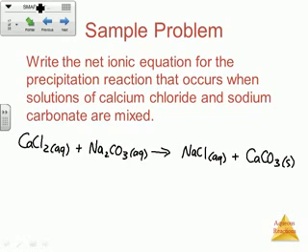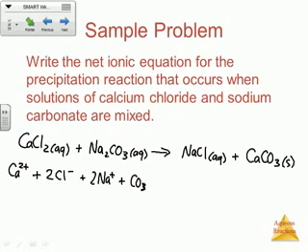All right. So then what we have to do, and this is the part that takes forever, is we basically just have to break these apart if they're strong electrolytes, okay? Calcium chloride, CaCl2, that's an ionic compound. It's dissolved in water, so that's going to be a strong electrolyte. So this is going to be Ca2+, plus, see, I told you you don't have to do this in the AP exam, so I'm not going to write the aqueous for every single one. It's understood for the ions. So Ca2+, plus 2 Cl minus, okay, because when this breaks apart, every calcium chloride that breaks apart, there's 1 calcium ion and 2 chloride ions, okay, plus 2 Na plus